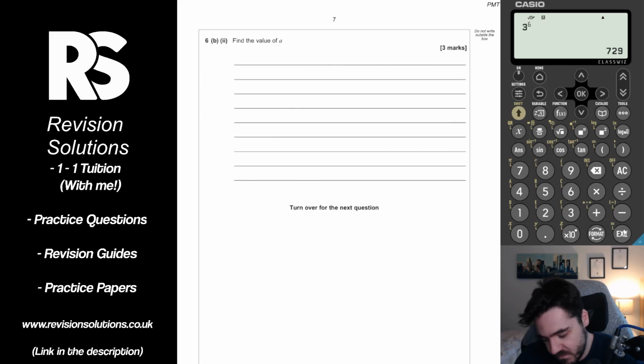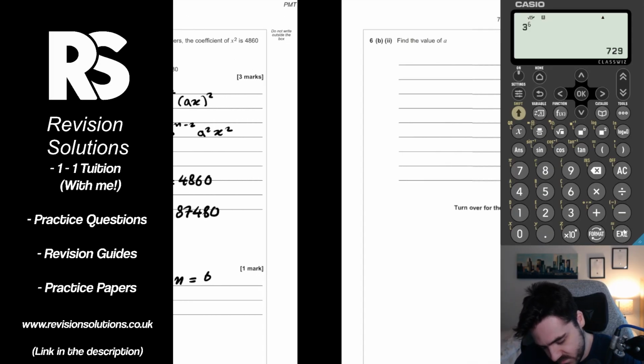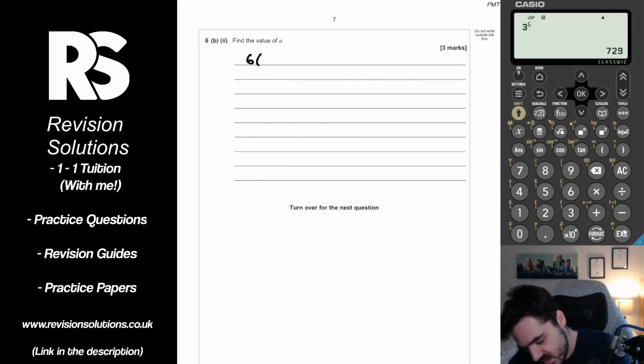Good. Then it says find the value of a. So we can go back to here to find the value of a, but let's note we also haven't used this piece of information yet, so maybe we're going to probably exclude a positive solution, I'm going to guess, based on that. So if we write this out again, but including our n value, so we know 6 times 6 minus 1 times 3 to the 6